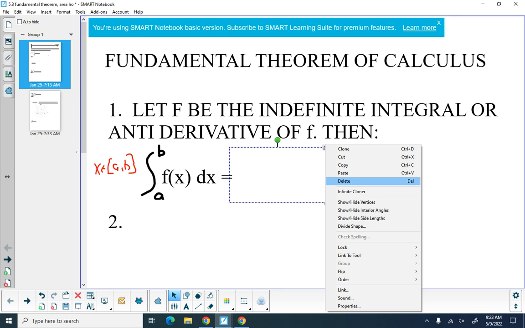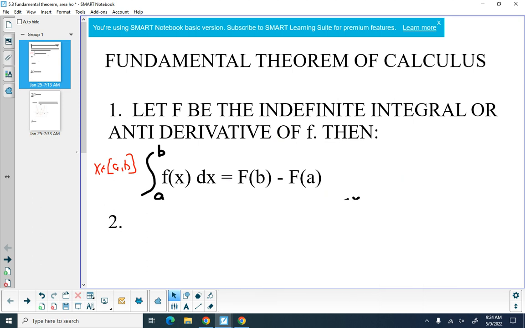This can be calculated by evaluating our antiderivative of f at b and subtracting off the evaluation of our antiderivative at a. So we have capital F of b minus capital F at a. And this is what we have talked about already. This is what we've worked on already. So this is nothing new. This is what we talked about last week in calculating a definite integral